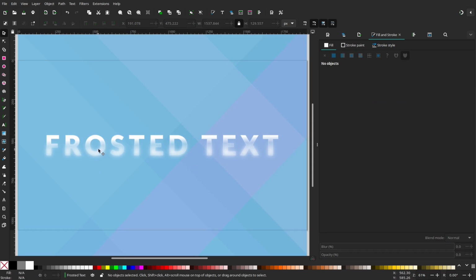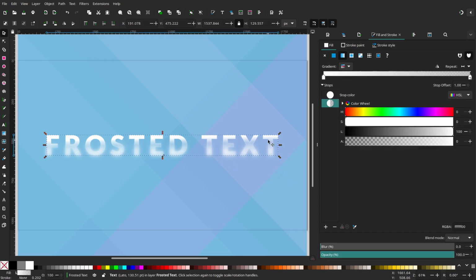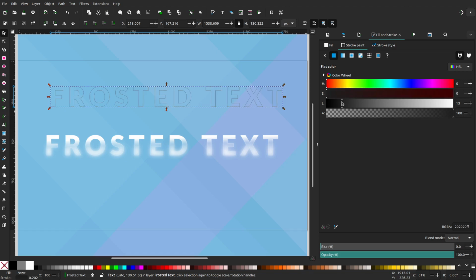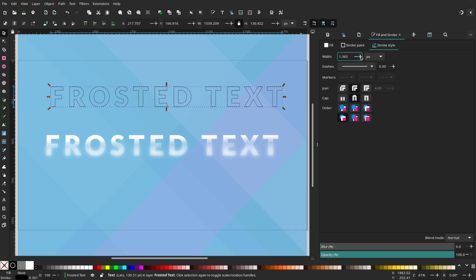Or there's one more thing I can show you, which I really love to do, and that is we can actually use clipping and we can layer that on top. So I'm duplicating the text here. I'm going to move this up, turn on the stroke and turn off the fill. So just make sure the stroke is visible this time. And then let's duplicate that text, make it dark, well, make the stroke dark, and then we're going to turn it up quite a bit so that it's visible. Blur it